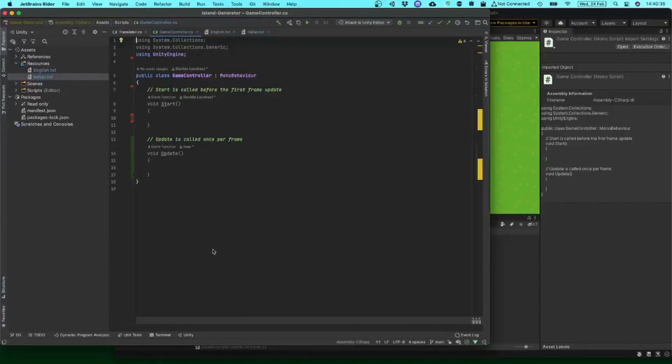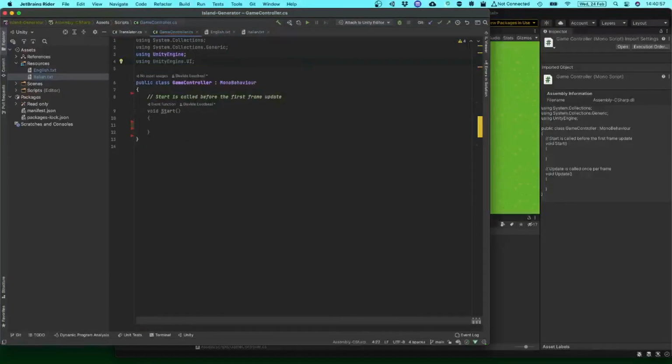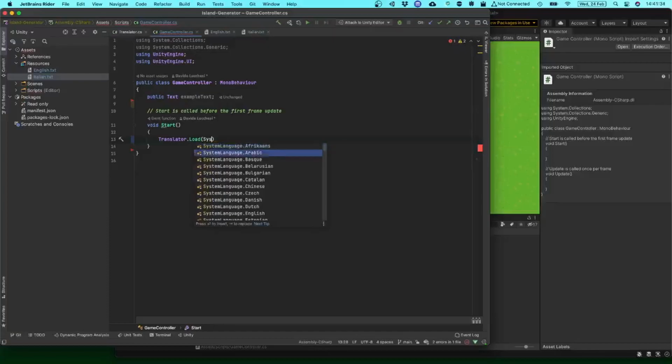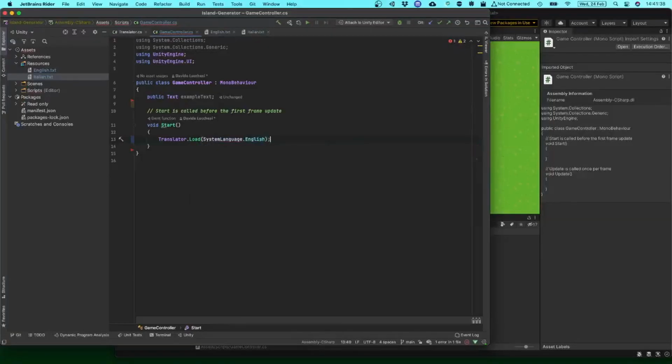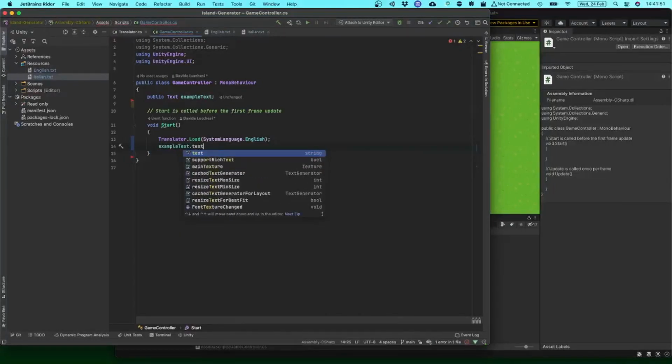For this simple example, we can get rid of the Update method. I'll then add a public reference to the previously defined text component. In the Start method, we can use the Translator class to load English as the current language. Then we proceed to translate the example text key in the UI text element, calling the Resolve method.